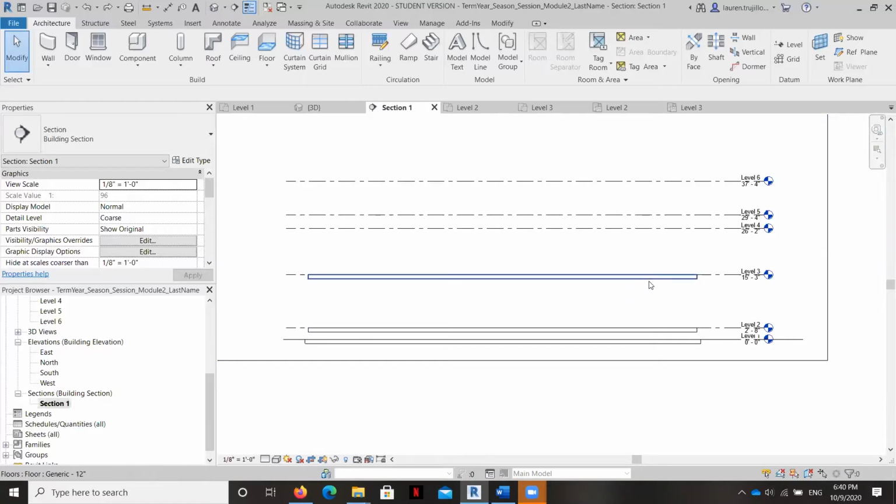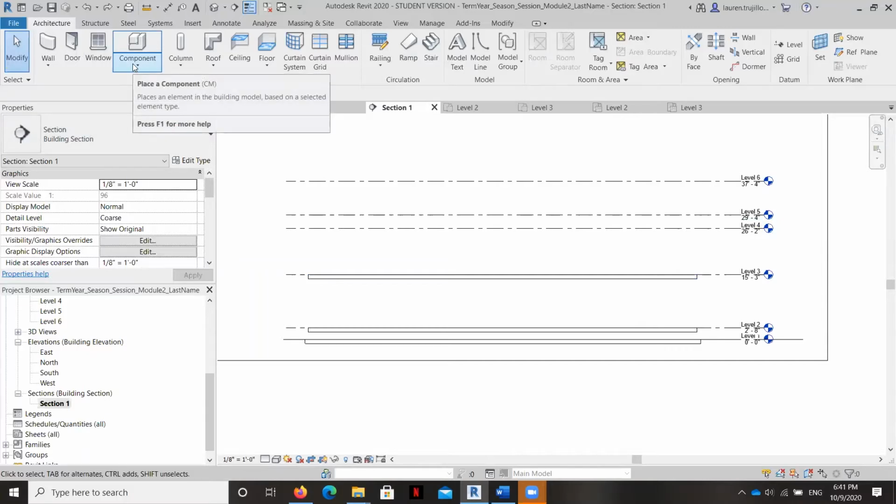Now, again, this is a section view, and in some architectural styles, the slab of the floor is the ceiling for the floor below, but in more contemporary construction methods, we actually have a little gap between the structural floor and the ceiling, and that's where we put things like ductwork and sprinkler systems and housings for light fixtures, etc. So I'm going to go ahead and create that little, that's what it's called, a plenum space between my first and second floor, so that we have nice high ceilings, but a little bit of room to work with construction materials in between floors.